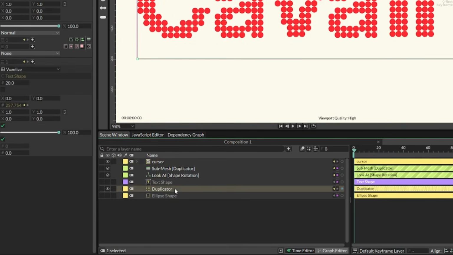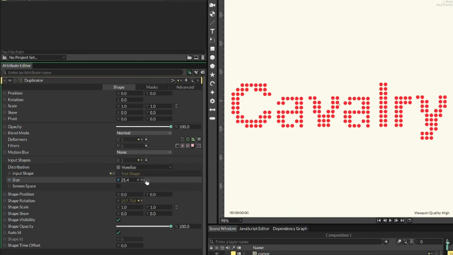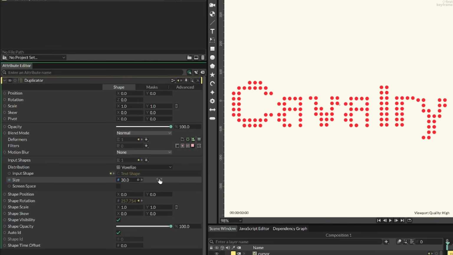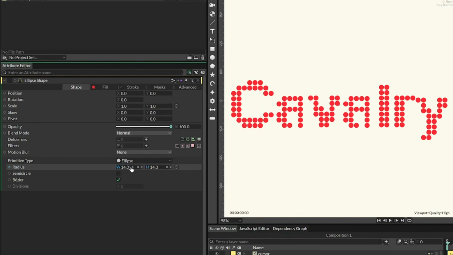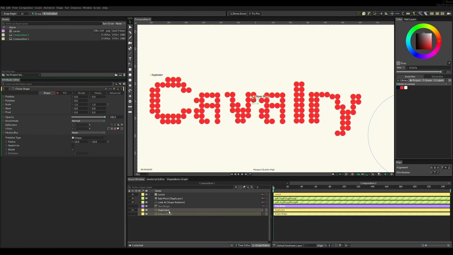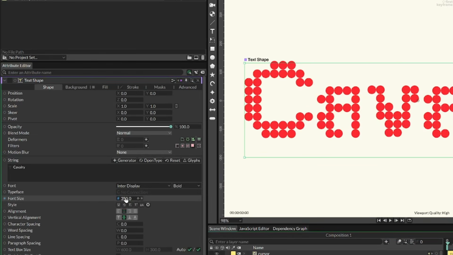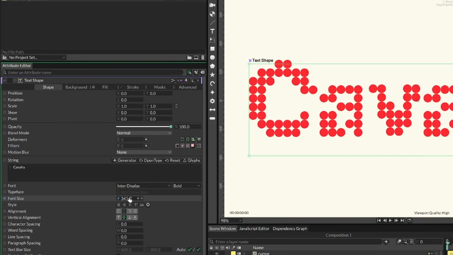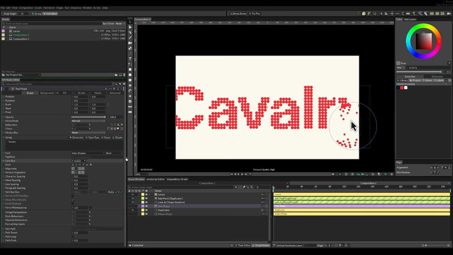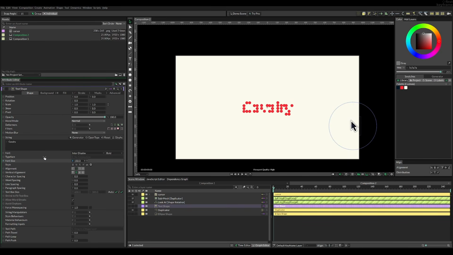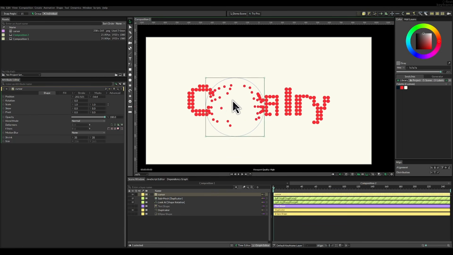You can go into the duplicator here, and then you can increase the size if you want a more low resolution animation, and this will also allow you to increase the ellipse radius again if you want larger ellipses. You can also go into the text shape, and now changing the font size, we'll see that both the ellipses' distance between each other as well as their radius will stay the same, but you can change the whole size of the text shape. This allows for some pretty cool